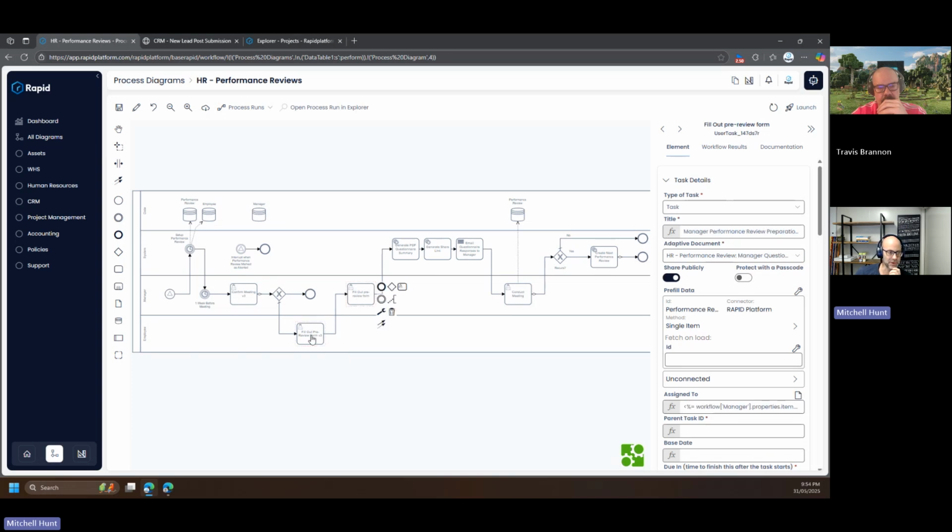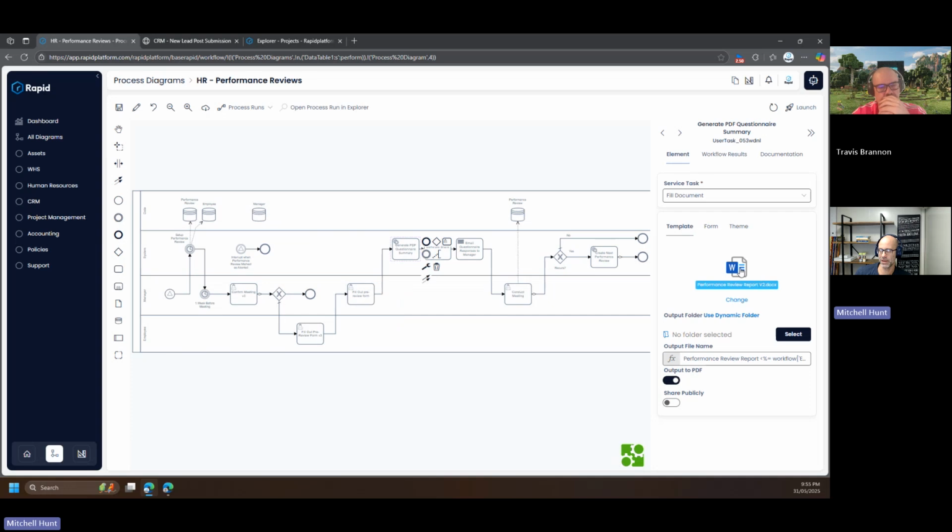Once their questionnaire is finished, it will take that information and put it into their manager's questionnaire so they can prep for that meeting as well. And once both of those are done, it will generate a PDF from this document here. So if I double click on that,